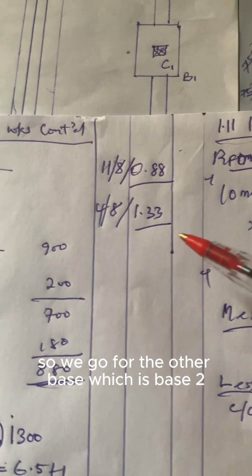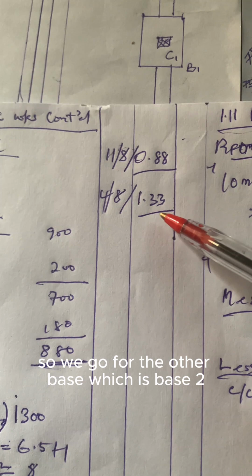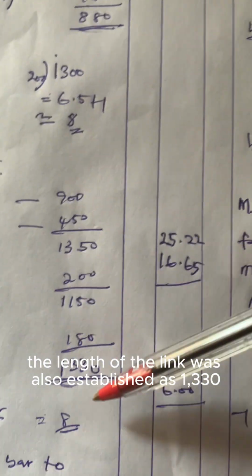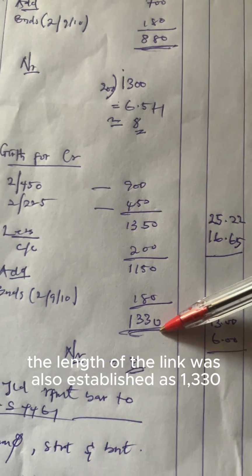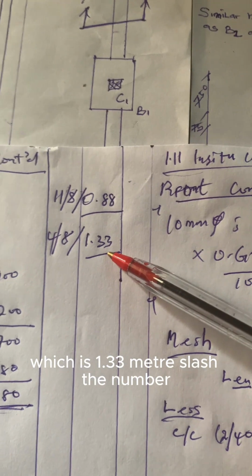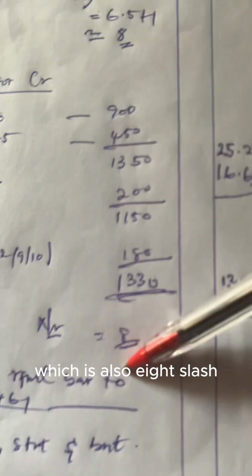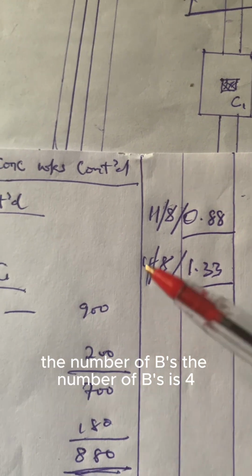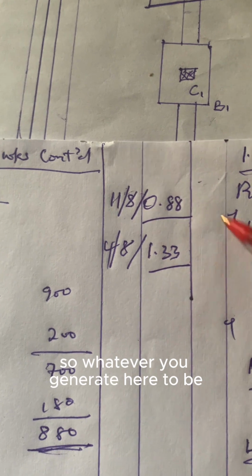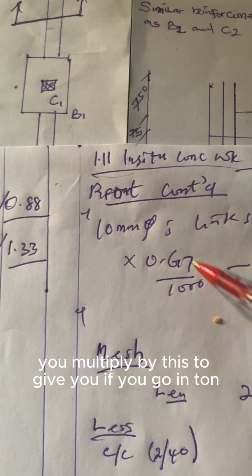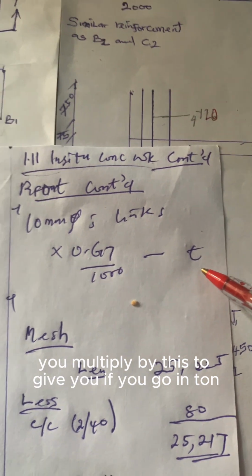So we go for the other base, which is base 2. The length of the link was also established as 1330, which is 1.33 meter, slash the number, which is also 8, slash the number of base. The number of base is 4. So whatever you generate here to be in your squaring column, you multiply by this to give you the figure